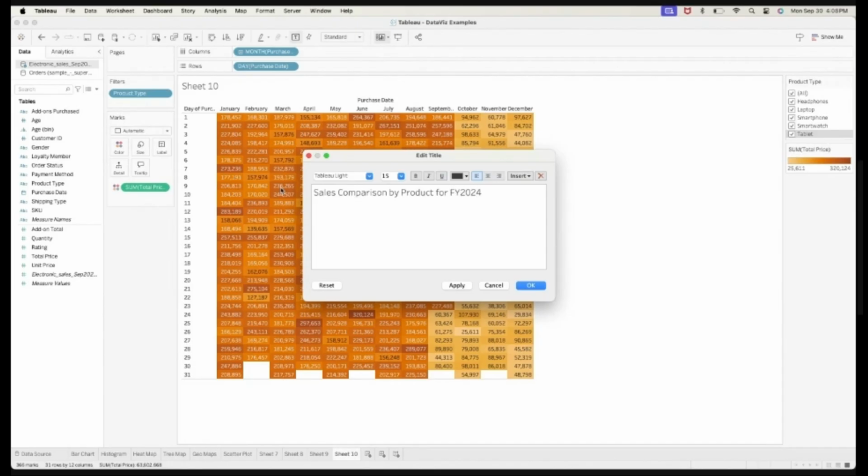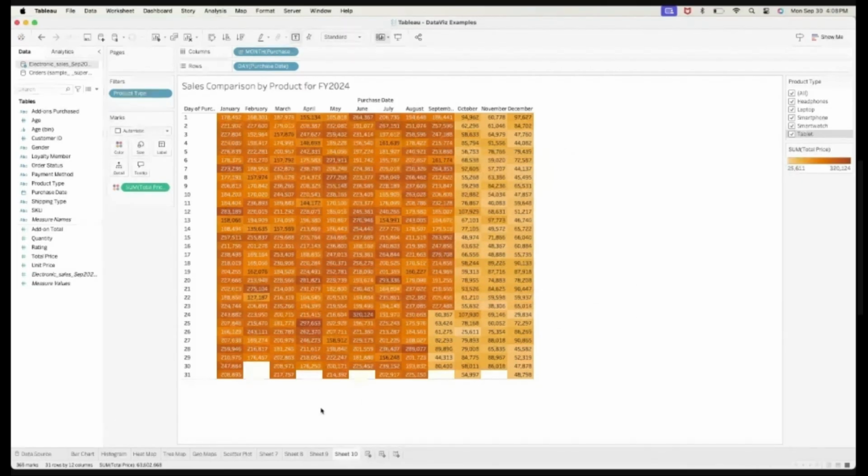My data here is September. Sabihin lang natin, fiscal year 2024. That's my title. My chart title. Okay. So that's for heat map. Okay, let's have